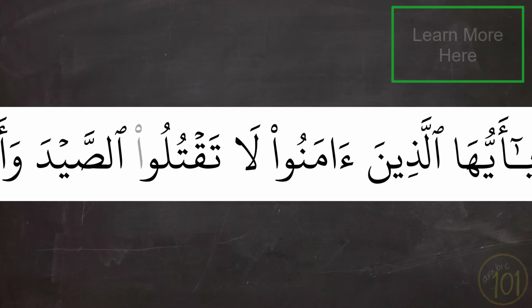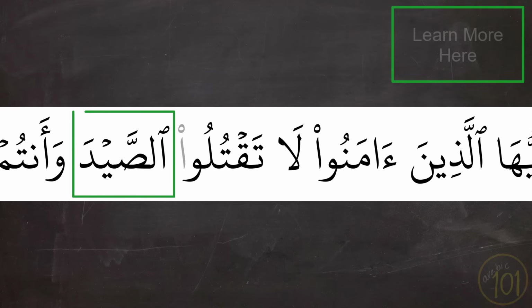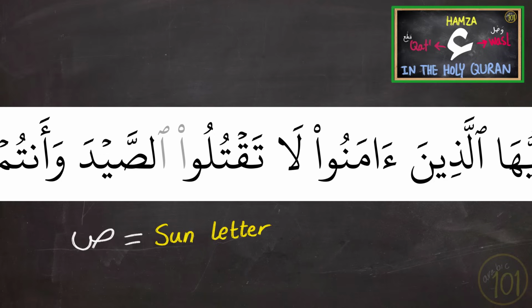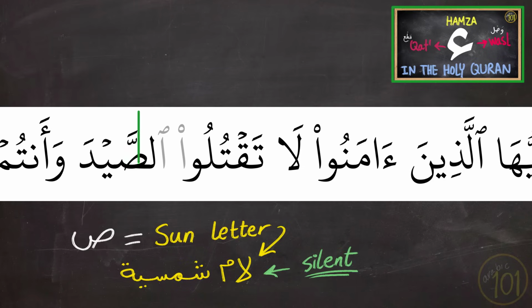And if we link it to the word that comes after it, which is as-sayd, we also see that we will be dropping Hamzat al-Wasl, since we will be linking the 2 words together. And since the sad is one of the sun letters, this means that we have lam shamsiyya. In other words, this lam will be dropped and it will not be pronounced. So we have this alif is not pronounced, Hamzat al-Wasl will not be pronounced, the lam is lam shamsiyya, so it will not be pronounced, and we will directly move from this word to the sad, and we say تقتلوا